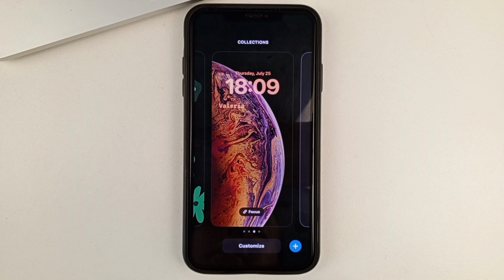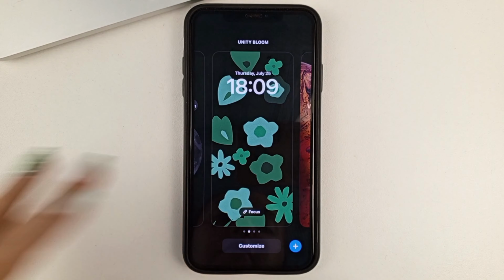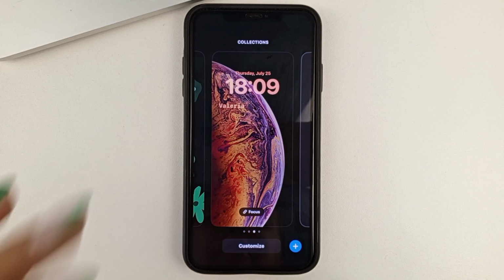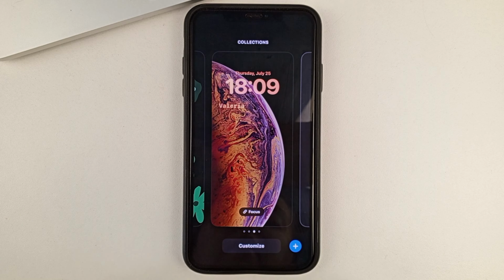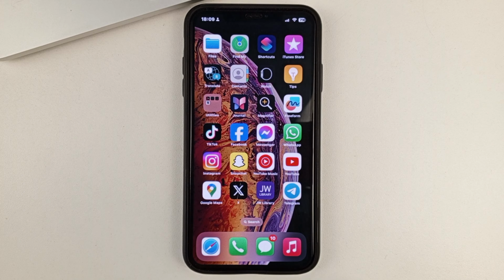You can do the same with absolutely all wallpapers if you have a lot of them and you want to clear them. Then you go back to the wallpaper you had, or you select a new wallpaper. You click on it, swipe up, and that's how you set your wallpaper and you remove the old wallpaper.